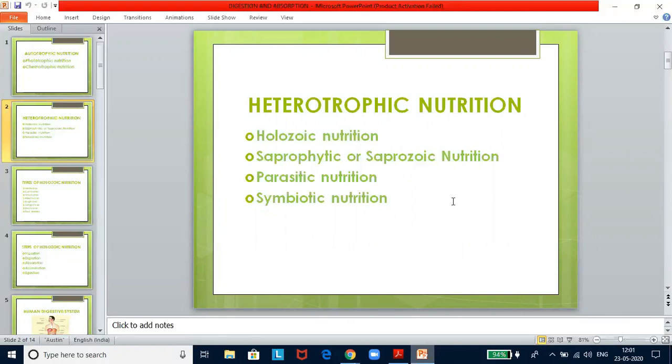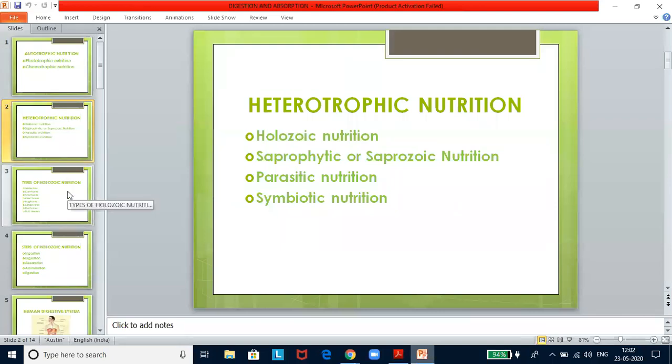Trypanosoma, Ascaris, and Taenia. Now, symbiotic nutrition: the situation in which two organisms or animals live in association and derive nutrition from each other. This is the case with some symbionts whose nutrition is referred to as symbiotic nutrition, or it is also known as mutualism. For example, Escherichia coli that lives in the intestine of man synthesizes vitamin B12, which is used by man, and E. coli receives in turn simpler food from the intestine of man.